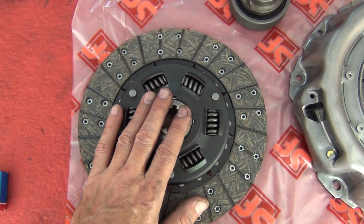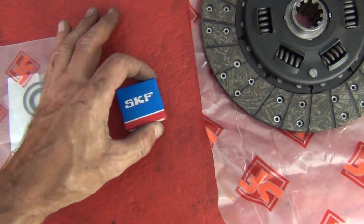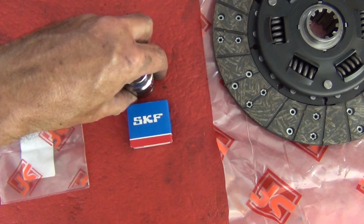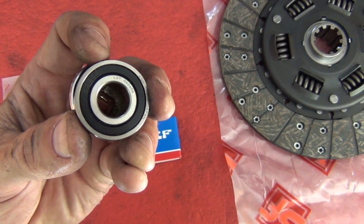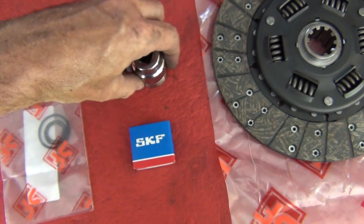So the things that I'm going to need are one new pilot bearing and a socket that fits over the old one, that fits over the outer edge, this side of the black circle, not the inside. Don't want to touch that black circle, so we can knock that in. Okay,